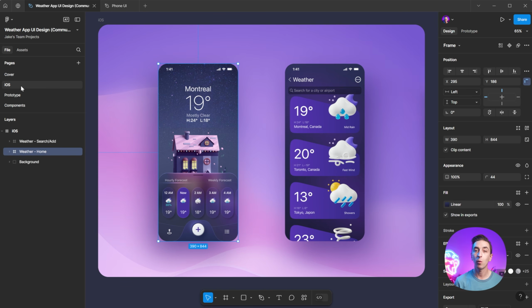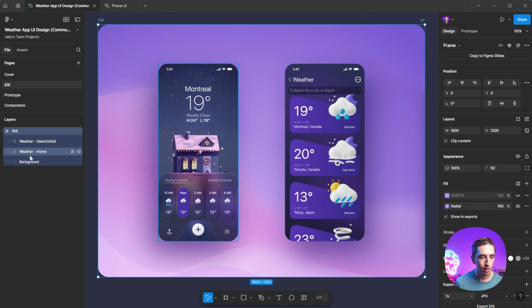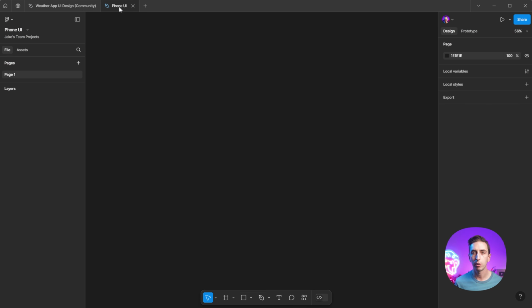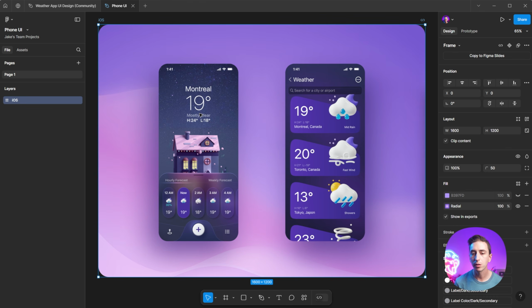I think this is where I'm going to pull my elements from into After Effects, but I'm actually not gonna change anything about this document just so I always have this to come back to. Instead, I'm going to grab this iOS frame and copy it, and I made a new blank design document already called Phone UI that I'm just going to paste this into. So paste, here we have all the same elements, and now I can do whatever I want with this non-destructively